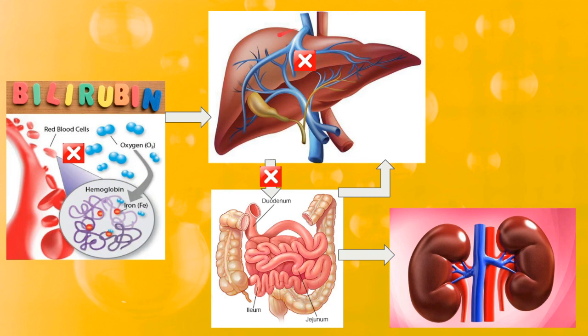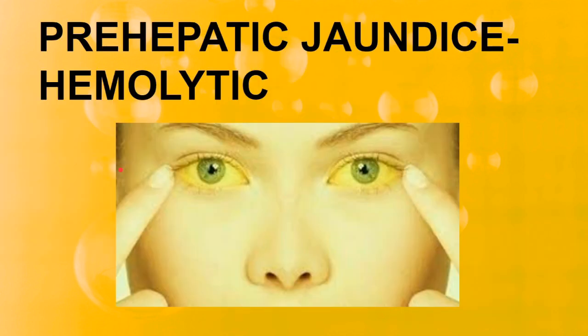Next, hepatic jaundice, or we can say infective jaundice. Here there is infection or a problem occurring inside the hepatocytes, and this causes hepatic or infective jaundice. Then next, this is the pathway which transfers the conjugated bilirubin from the liver into the gut. Here there is obstruction for some reason, and this is known as obstructive jaundice or post-hepatic jaundice. So these are the three types of jaundice occurring in adults: hemolytic, hepatic and post-hepatic, or obstructive jaundice.